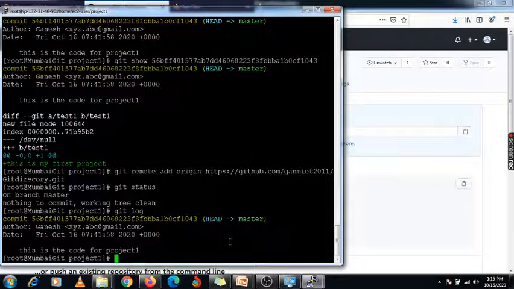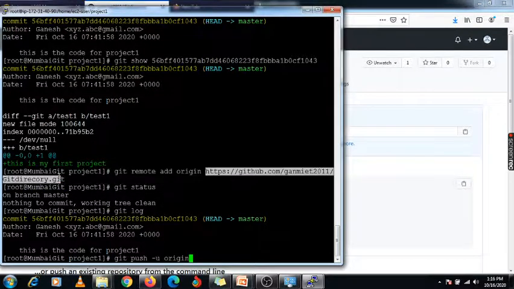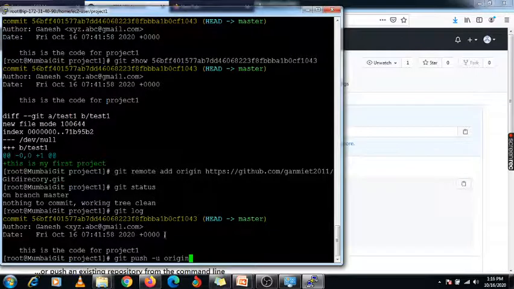Now we need to use the command git push -u origin. The origin we have already added, that is my GitHub central repository. So you just mention origin, and you need to mention master.